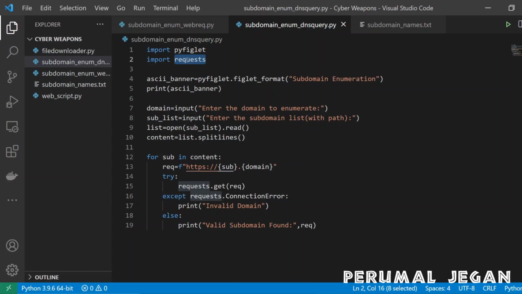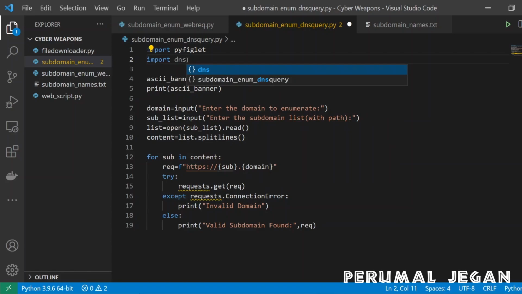I don't need the requests library. I'm not going to use web requests, so I'm canceling that. Instead, I'm going to use DNS queries. To handle DNS queries, to create a DNS related Python program, you need to use a library called dns.resolver. So this is the library. Make sure you installed this library in your machine.